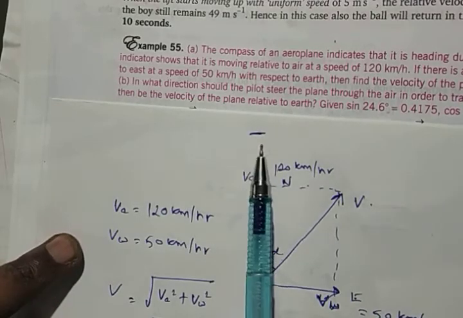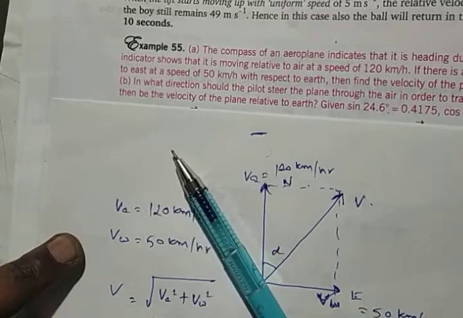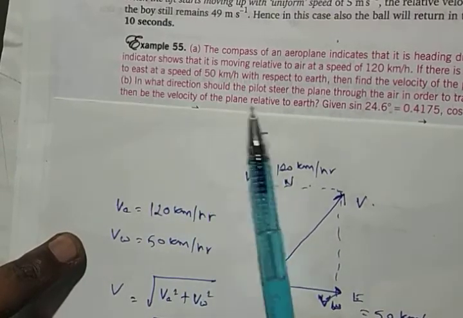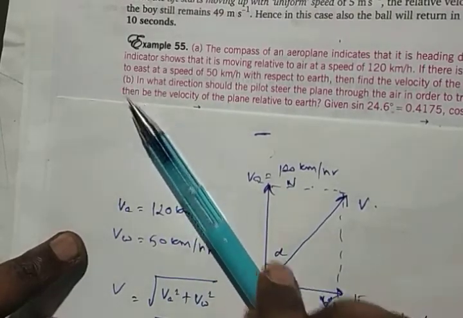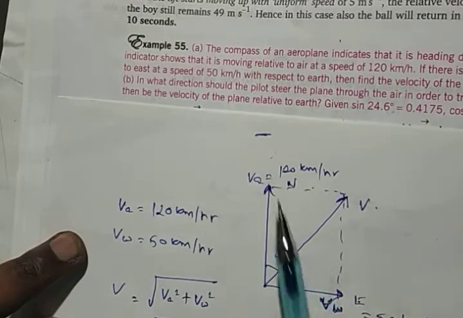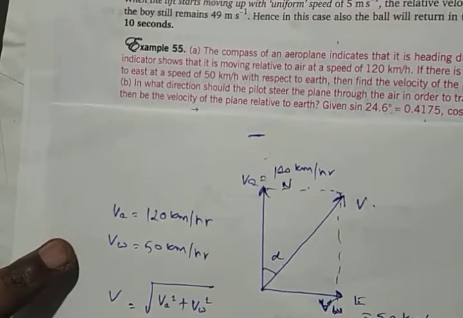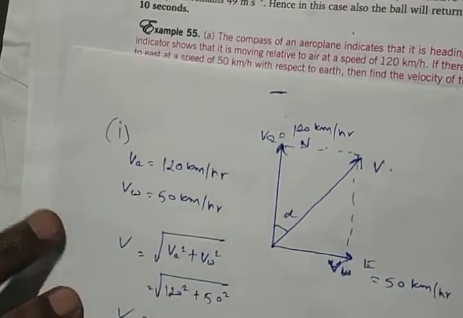So what does common sense say? When the wind is blowing so much from the side, you take this direction, in this direction you take the aeroplane, and simultaneously you will be able to land up here. So you can find out some route where you have to take in this direction so that you can be there in this place. So this is the first part of the question here. The second part of the question says,